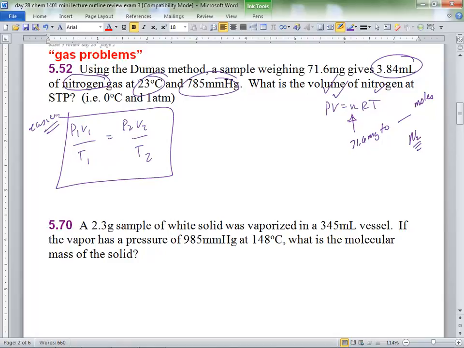Over here, with PV equals nRT, we have to convert because R is in that equation. Volume has to be, everybody, in what units? Volume has to be liters. Pressure has to be ATM. Temperature always Kelvin, no matter what the equation is. Over here, just make the units the same on both sides. Except temperature has to be